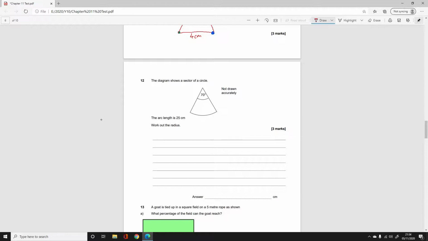The formula for arc length is theta over 360 times pi times d, and we know that's equal to 25. We also know the angle is 70, so 70 over 360 times pi times d is equal to 25. My recommendation would be that you multiply across by 360, which should give you, I think, 9,000 is equal to 70 pi d, and then we'll divide by 70 pi. So the diameter is 9,000 divided by 70 pi,